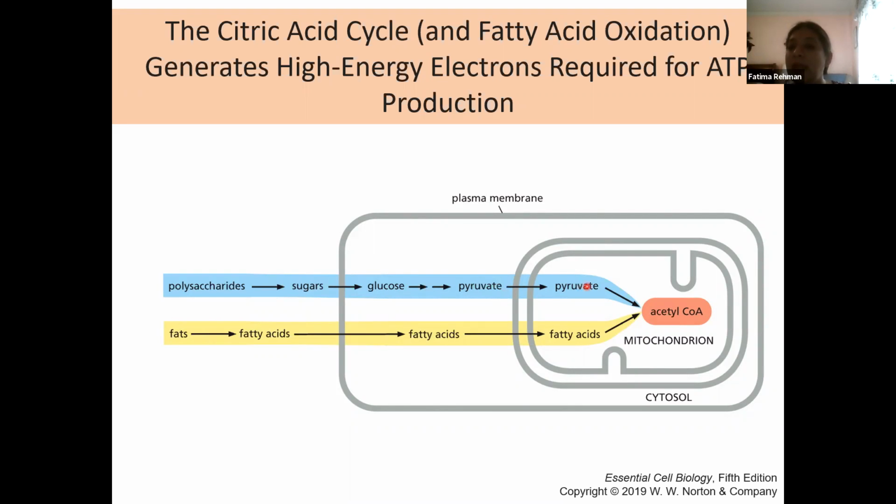Those pyruvates then enter the mitochondria through these two membranes and into the space. As they are brought in, they are broken down to create acetyl CoA in that intermembrane space, so that by the time they get into the matrix space, they already have an acetyl CoA enzyme associated with them. The fatty acids from the fats are also broken down into their monomers,